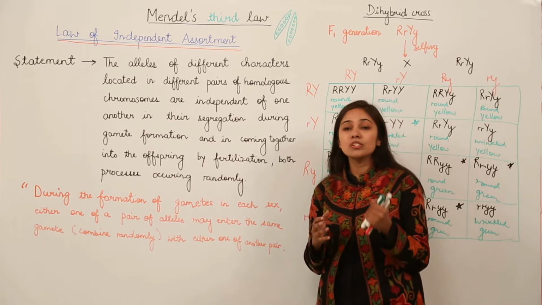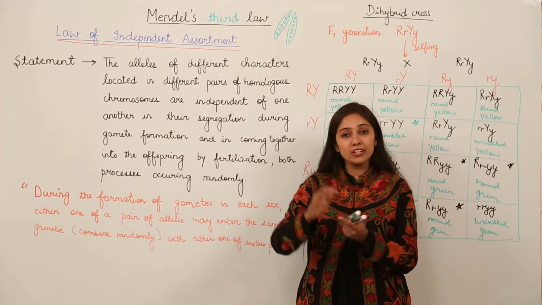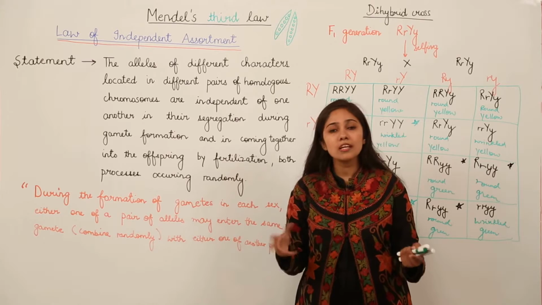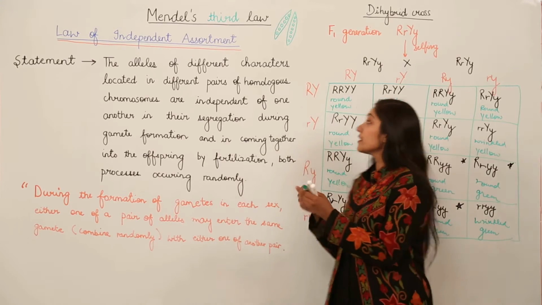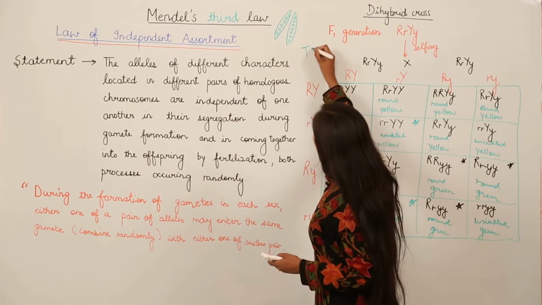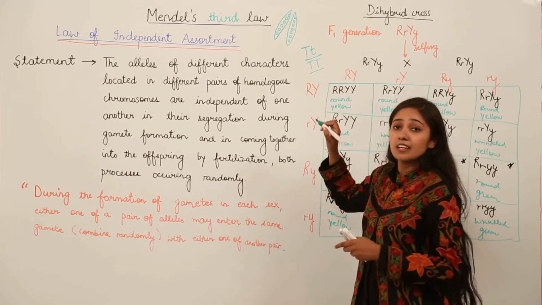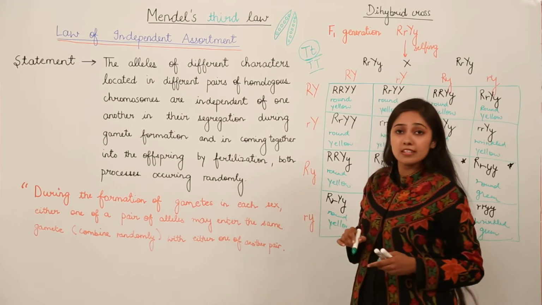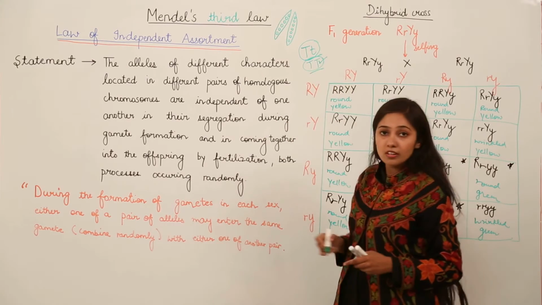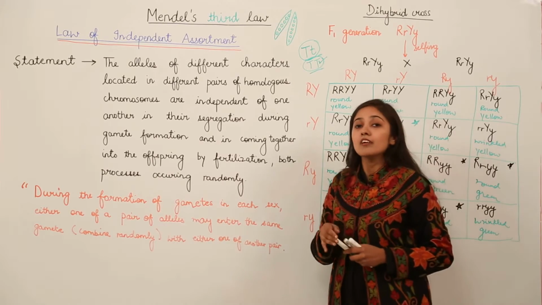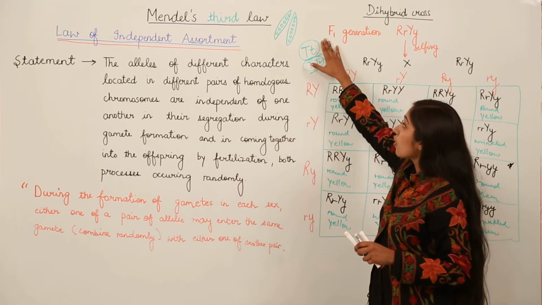Phenotypic ratio deals with what the plants look like from the outer appearance, right? If we see a plant appearing to be tall, it is definitely tall. The phenotype is tall plant. But when we talk about the genotype, the genetic combination, for example, a tall plant may have this combination or it may have this combination. If this combination is present, since the dominant is present, the plant will appear tall. But if this combination is present, then the plant is also tall. At the genotypic level, the genetic level, we interpret in a different way, but at the phenotypic level, from the outer appearance, the plant appears tall in both cases.